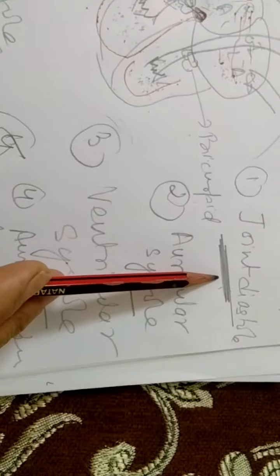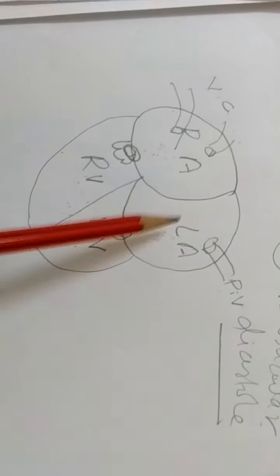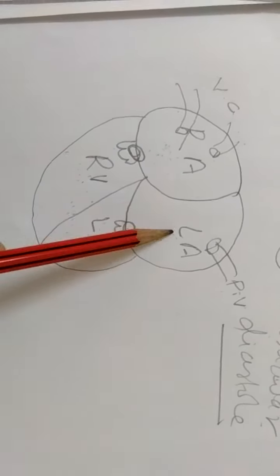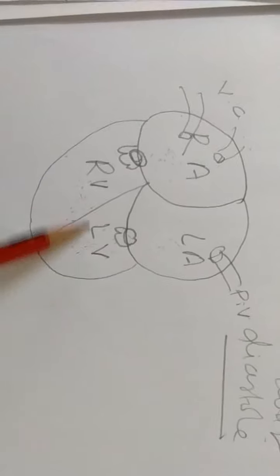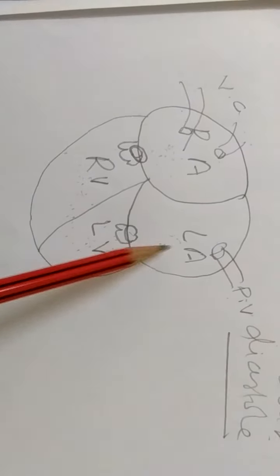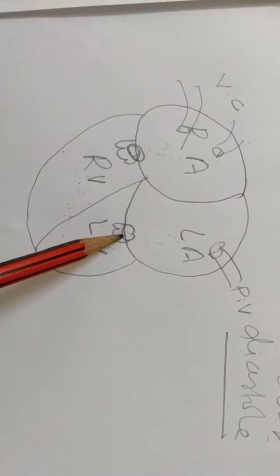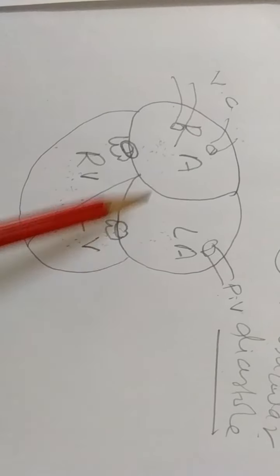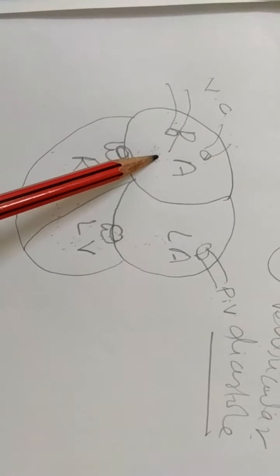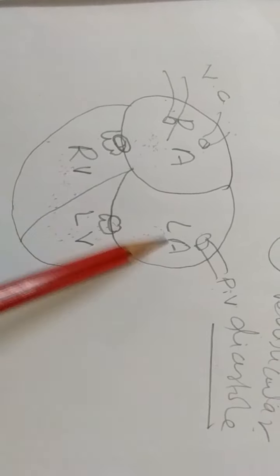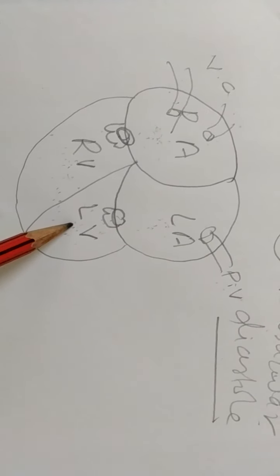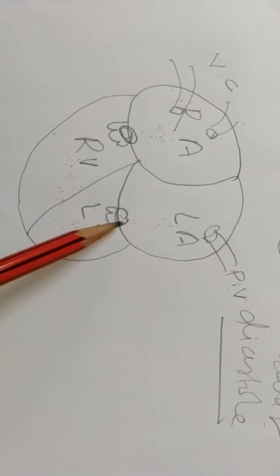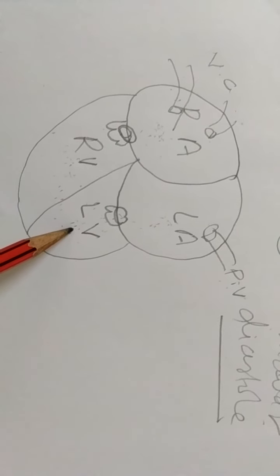So the first step of cardiac cycle is joint diastole. Joint diastole means all the four chambers of the heart are in the relaxed stage. In this stage auricles and ventricles are relaxed and the bicuspid and tricuspid valves are also open. So blood from right auricle, which has received the impure blood from vena cavas, now flows into right ventricle, and blood of the pulmonary vein, which is present in the left auricle, will flow into the left ventricle through the bicuspid valve guarded opening, left auriculoventricular opening.